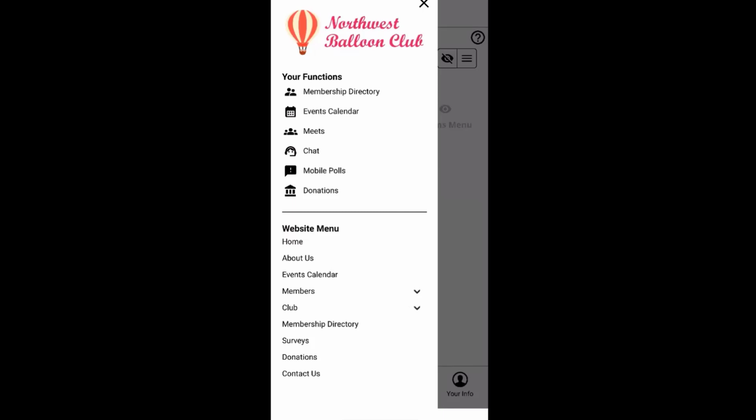So in my opinion, we have a little bit too much on the Your Functions menu. I would honestly probably just put Meets and chat and maybe mobile polls, and that's it. The rest of that, I would let the website menu manage as normal. And we'll be going into more detail on that. But again, this is just the Your Functions for mobile-specific menu options, and the website menu is your